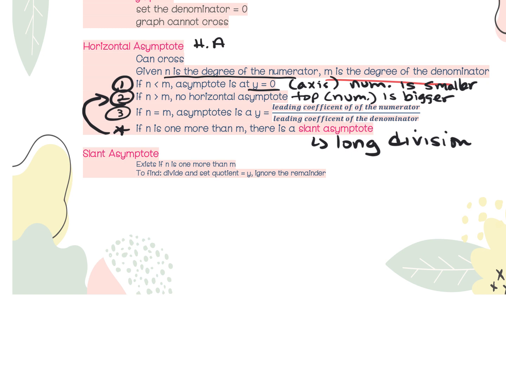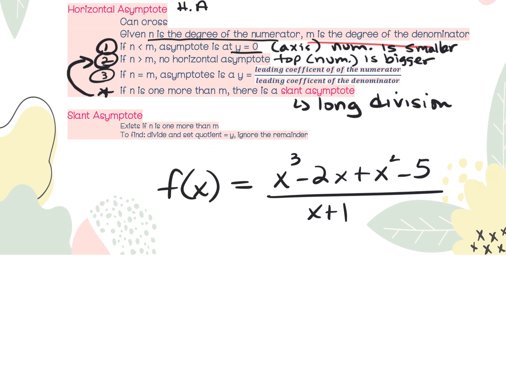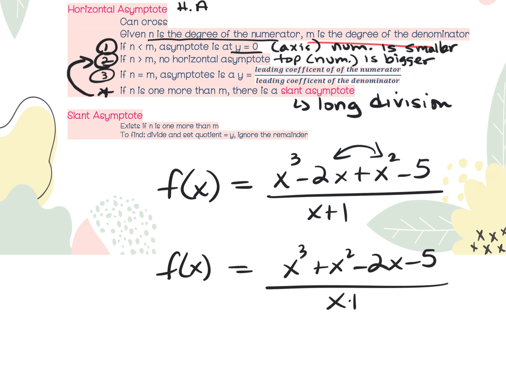So let's say my function was f of x is equal to x to the third minus 2x plus x squared minus 5 over x plus 1. Now remember, we need to put it in standard form first, or in order from the biggest exponent down to the smallest. So notice I need to just switch these 2. So the function I'm going to use is x cubed plus x squared minus 2x minus 5 over, or divided by,